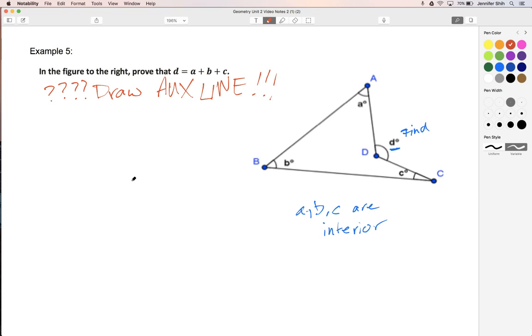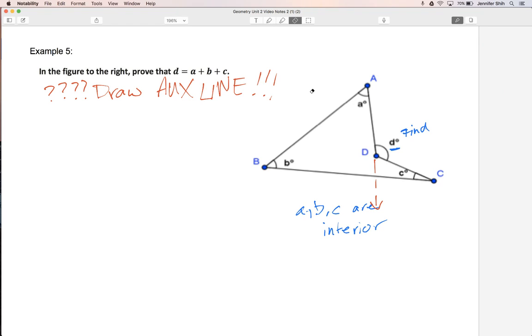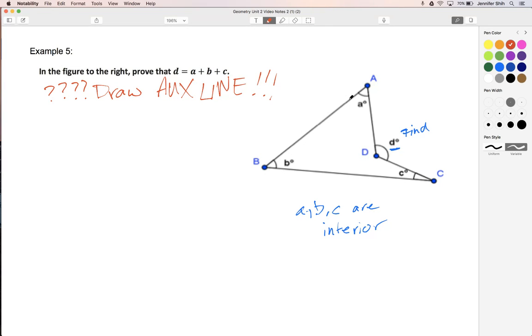Here's the difficult part. Sometimes you're going to draw an auxiliary line because you're going to be like, I don't know, this way. And it might not lead to anything. But check this out. You don't even have to erase it if you don't want. I might erase it just because if somebody tuned into the video now, they might be confused. But you really don't have to erase it. I like seeing your work. I like seeing the risks that you take, and then you can explain from there. Okay, like I said,